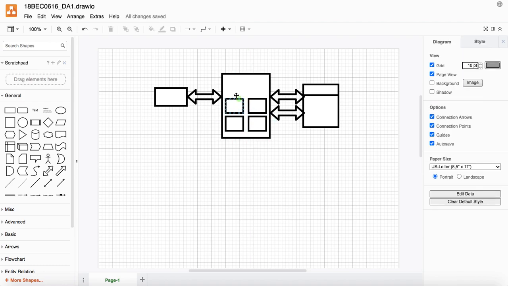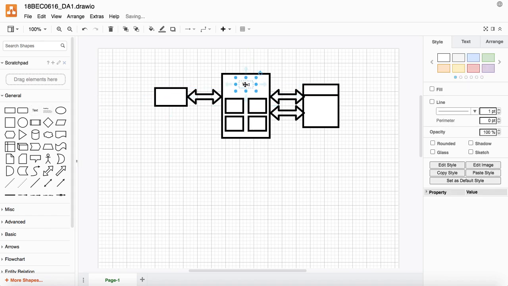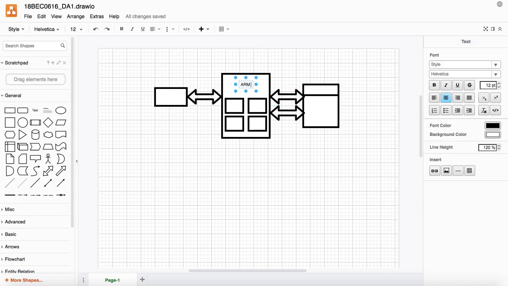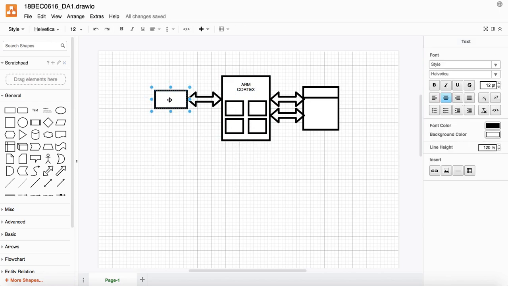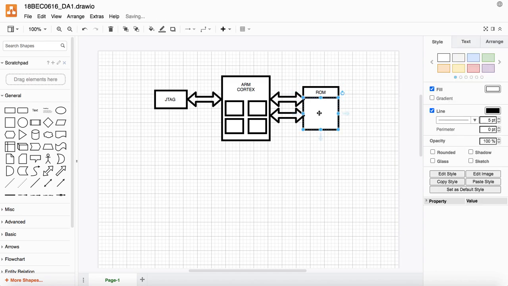Okay, and if I need to insert a text, I can do it here. I can just drag and drop the text here and then name it accordingly, or I can just right click here for the text, double click and write the word.